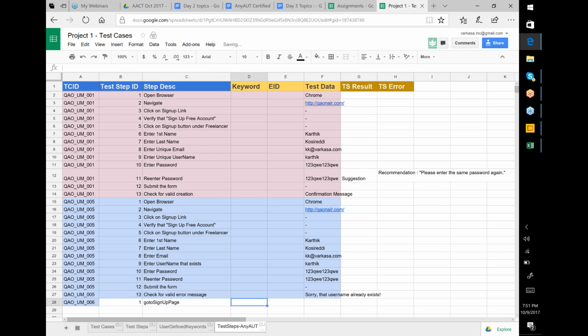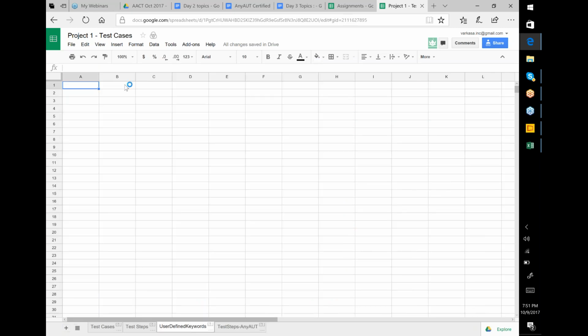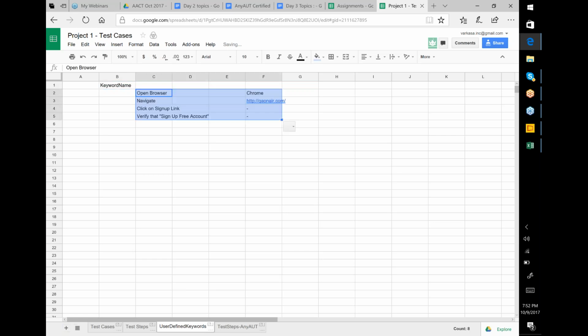Now, as part of this go to sign up page, it has to perform all the actions till here, all these 4 actions. So I copy these 4 actions and the information required, and I will put it out here, give this keyword a name, and I will put this data now, and this becomes basically,